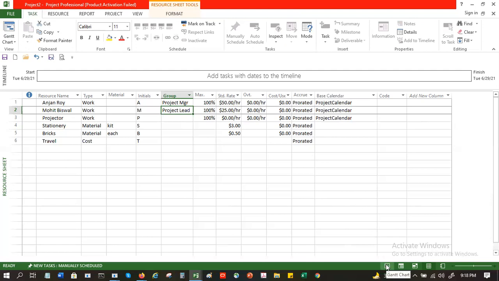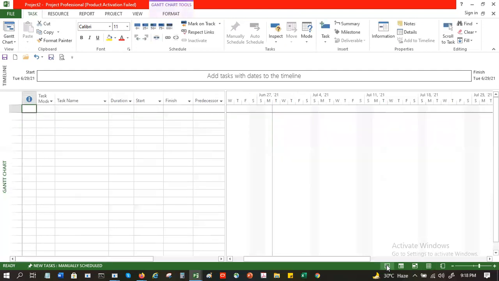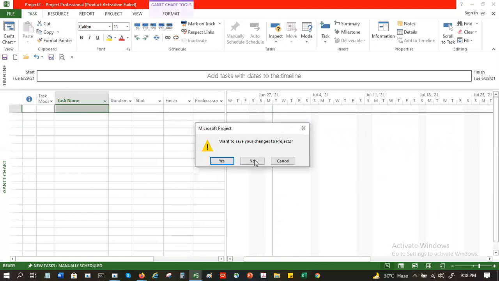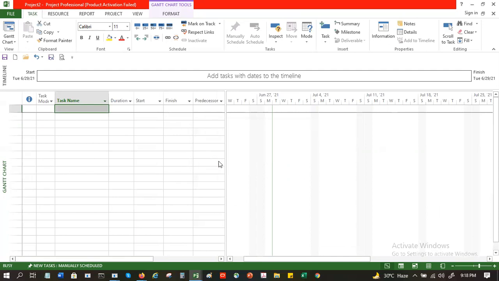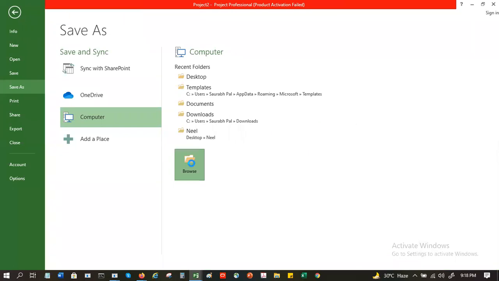Then we come back to the Gantt chart here. See this Gantt chart option? I click on the Gantt chart here. If you want to save this, you can just go and save it.